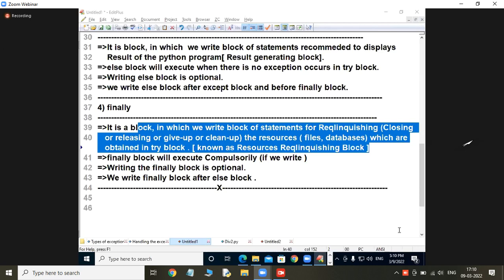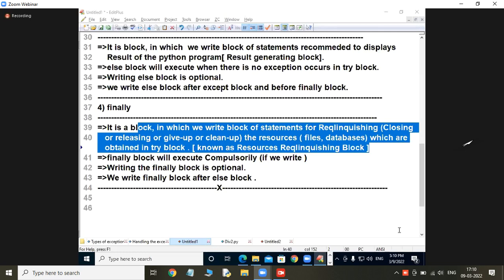Tomorrow the interview will ask you this compulsory question. What is the use of try block? Exception? Monitoring of blocks? Monitoring, what do you monitor?